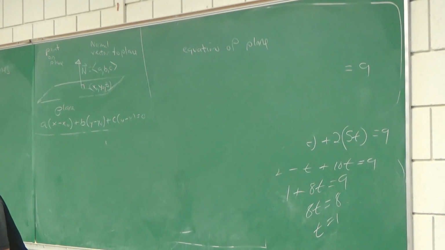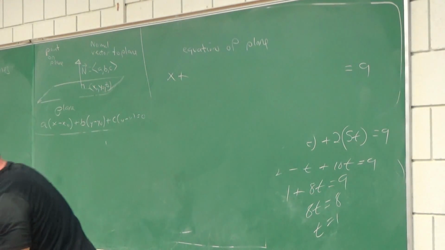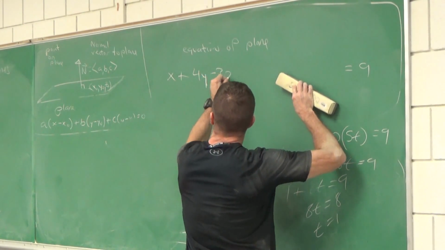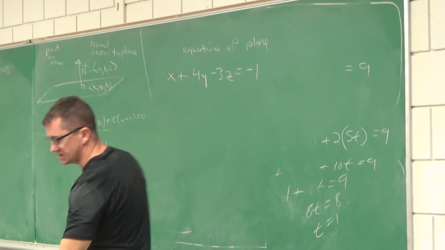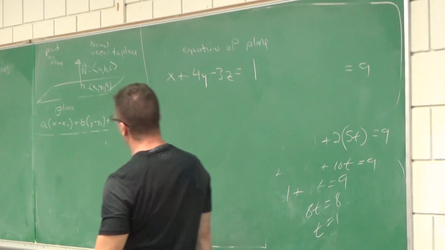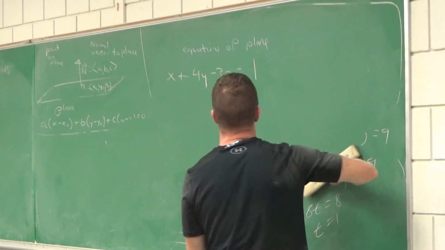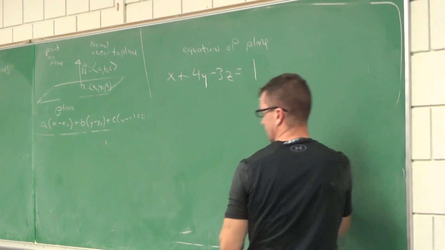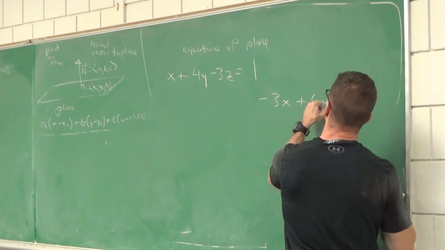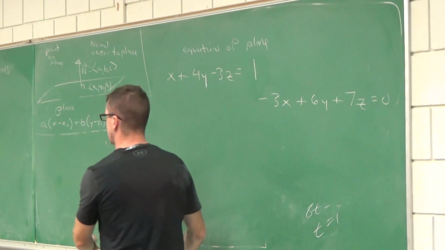So let me look at this one. x plus 4y minus 3z equals 1. Does that look like the equation of a plane? The other plane equation is -3x plus 6y plus 7z equals 0. The question: are these planes